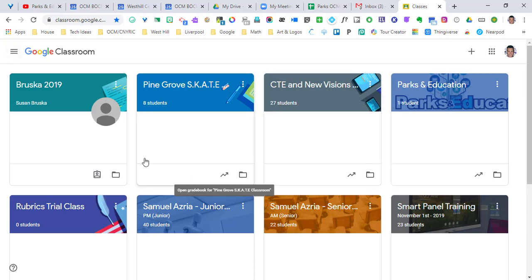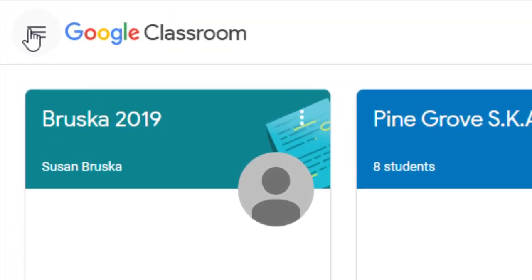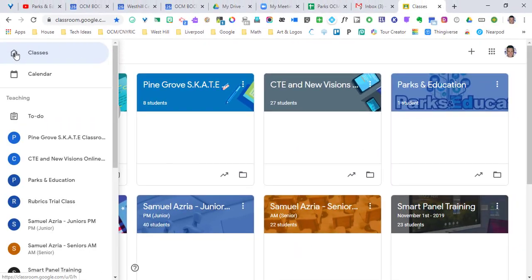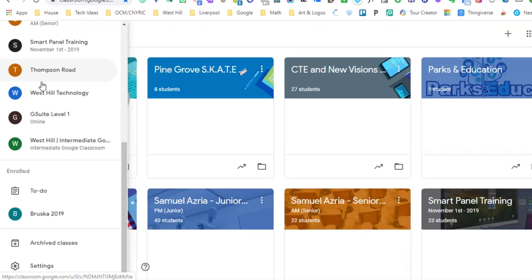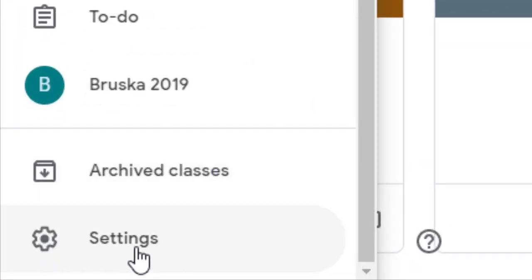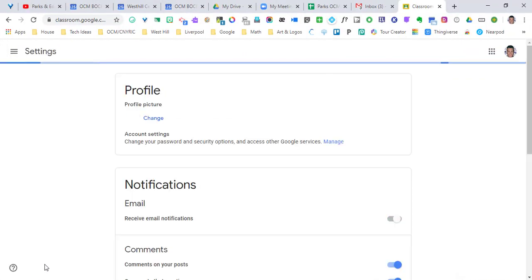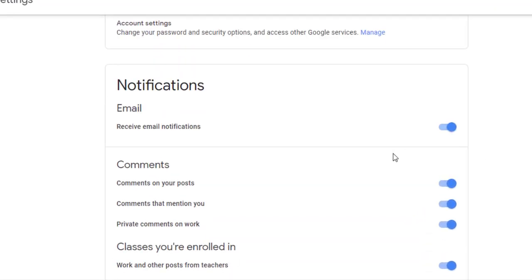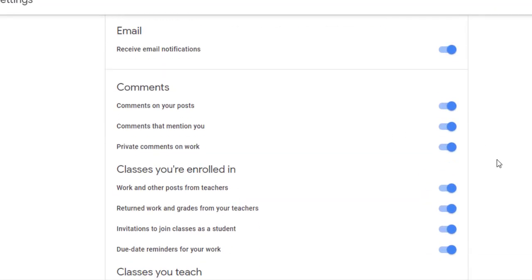Go into Classroom where all of your classes are, go to the top left corner. We're going to click on those three lines. We're going to scroll all the way down to the bottom where it says Settings. We're going to click Settings, and then here is where you can start toggling on and off different notifications that